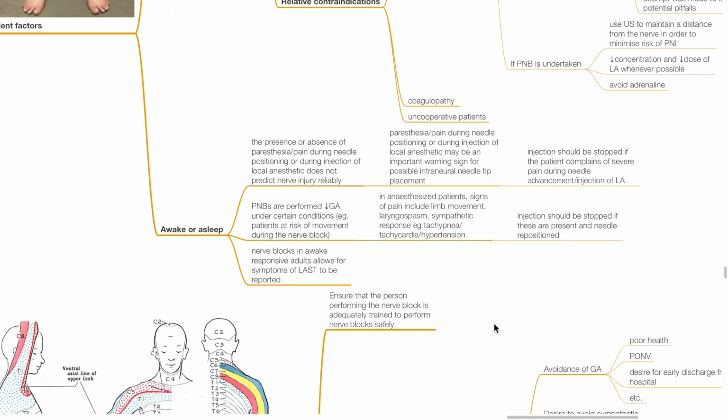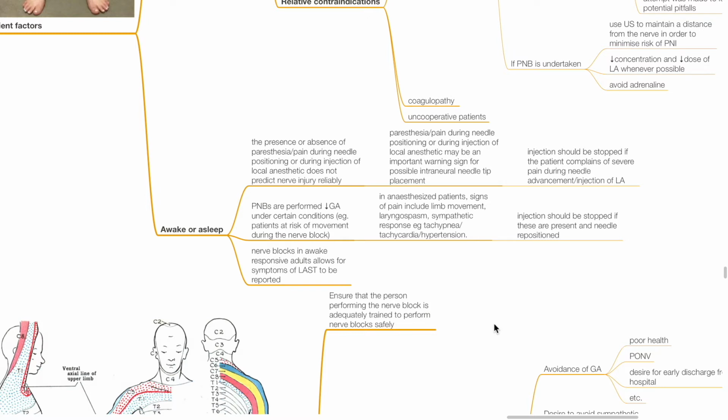Performance of peripheral nerve blocks in the awake or asleep patient. Presence or absence of paresthesia or pain during needle positioning or during injection of LA does not predict nerve injury reliably. However, paresthesia or pain during needle positioning or during injection may be an important warning sign for possible intraneural needle tip placement, and injection should be stopped if the patient complains of severe pain during needle advancement or injection